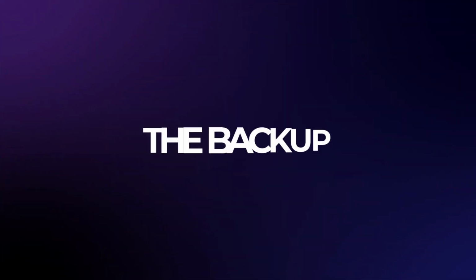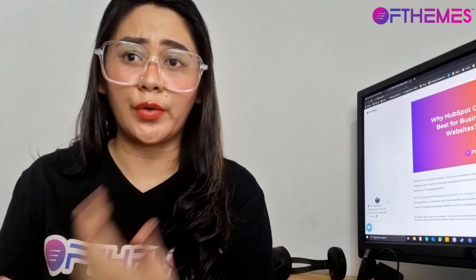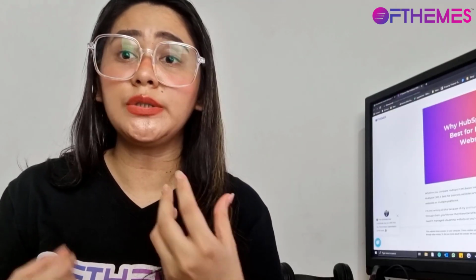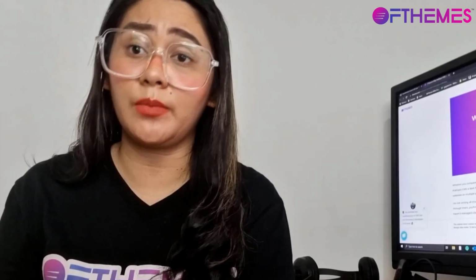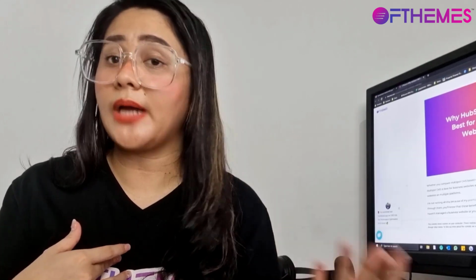Number 2, the backup. Same with WordPress security, you don't need to hire a developer to configure all the backups for you. When you choose another platform, if you prefer WordPress or other system solutions, you need to do a configuration and you also need to maintain generating daily, weekly, and monthly backups. And the saddest thing, purely based on my experience, is that sometimes the backup gets corrupted